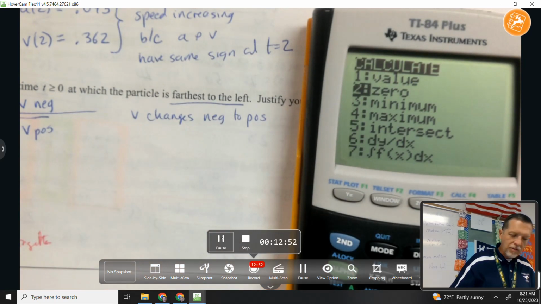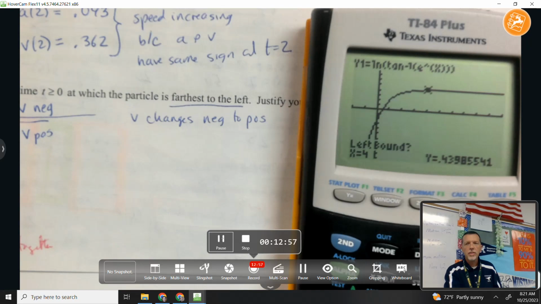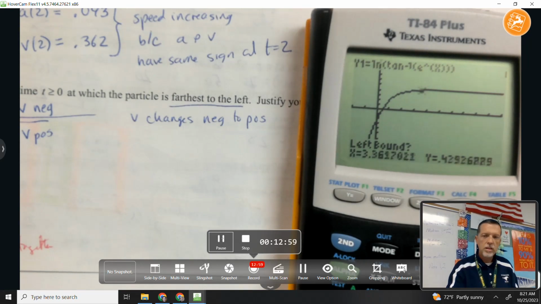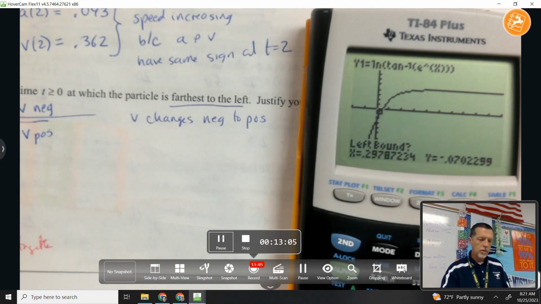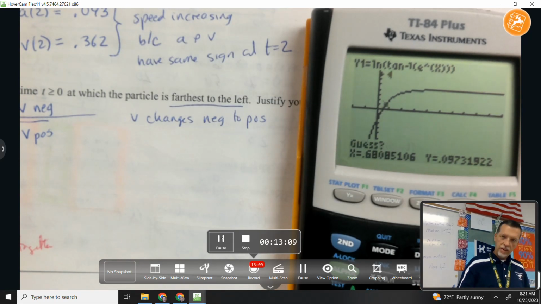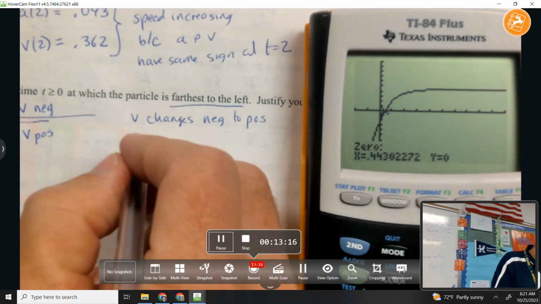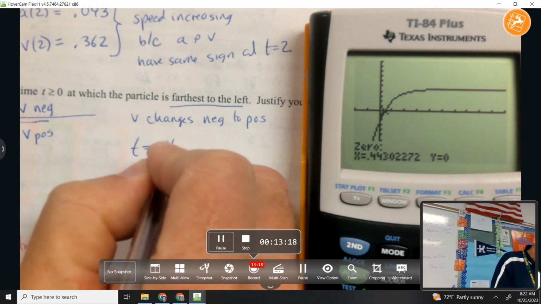So I need to find that 0. So second Calc, zero. Left of the 0, press enter. Right of the 0, press enter. Guess, enter. And so at t equals 0.443,